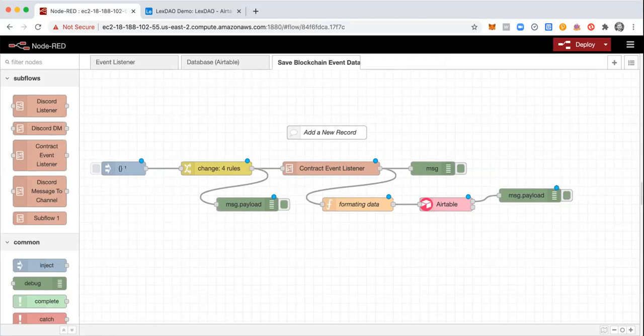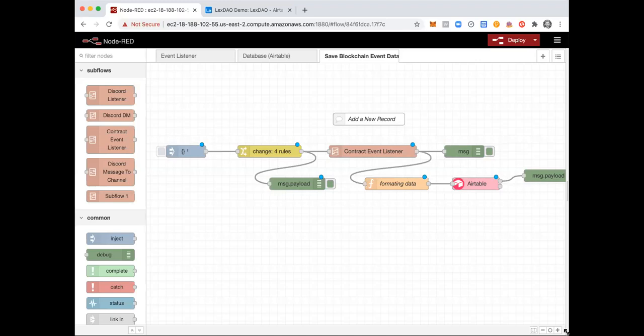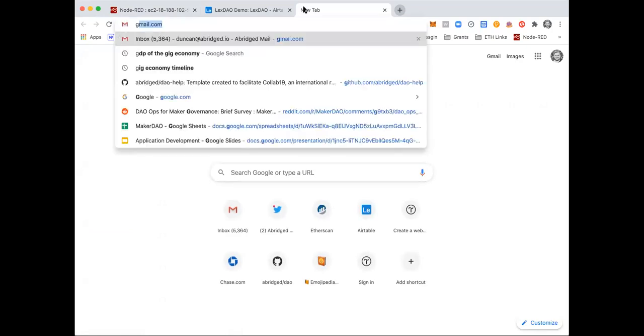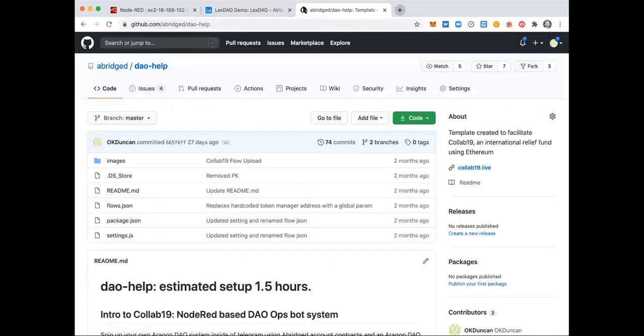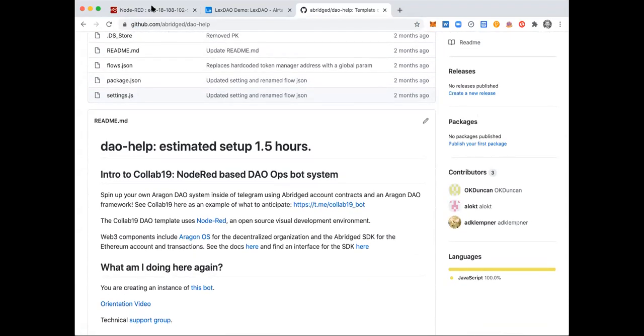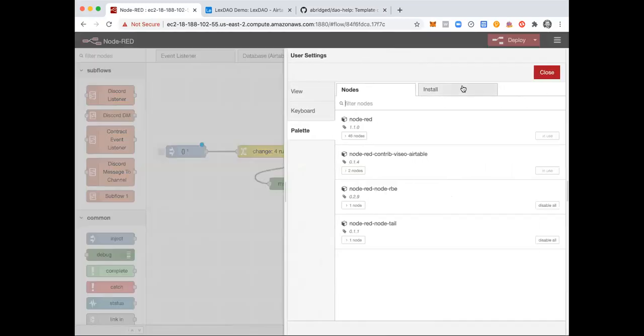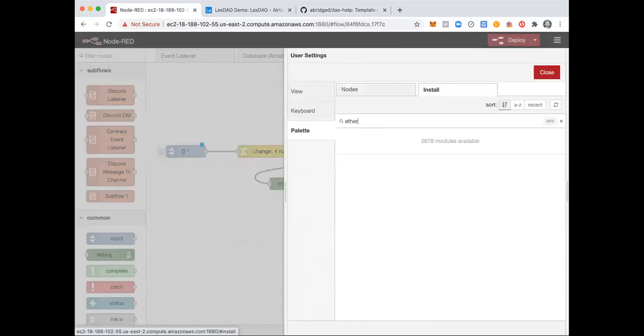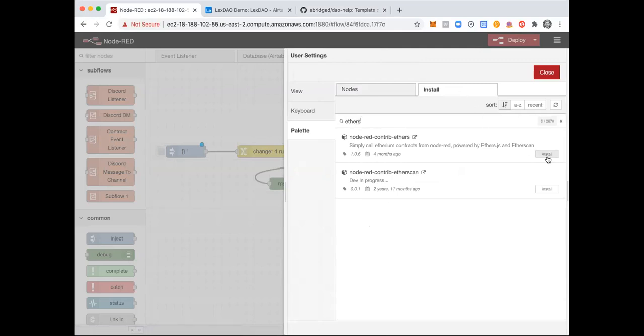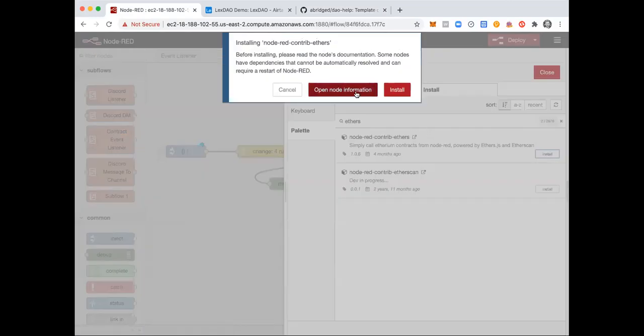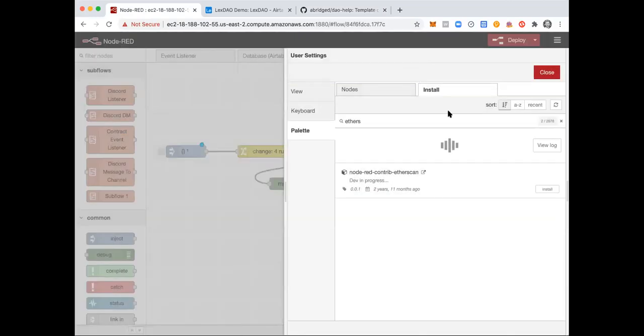Yeah, that's a great question. The subflows, you need to import and export. Node-RED has a way of, and we've yet to do this, but we're trying to figure out a good way to be able to share this. With Node-RED, you can create an npm package from the subflows, and if you make it available in npm and name it a certain way, you can install it just via the command line. So this is what we're going to make it